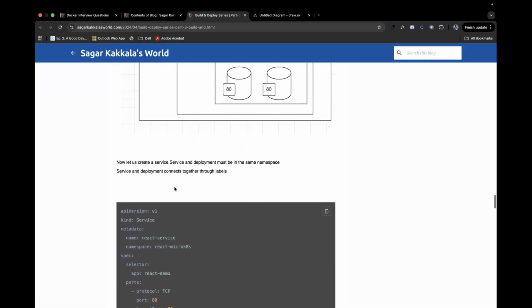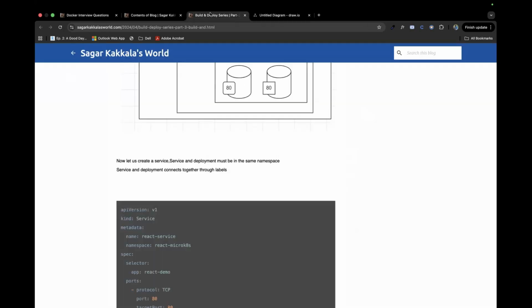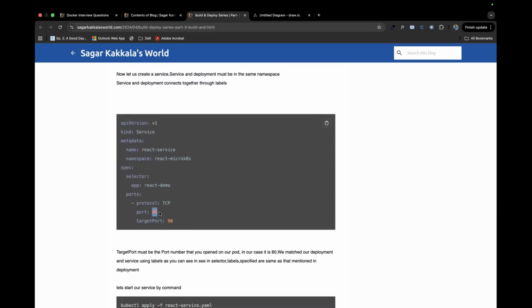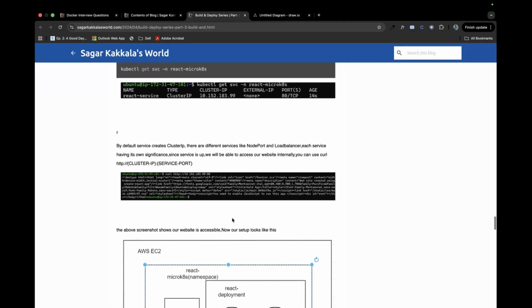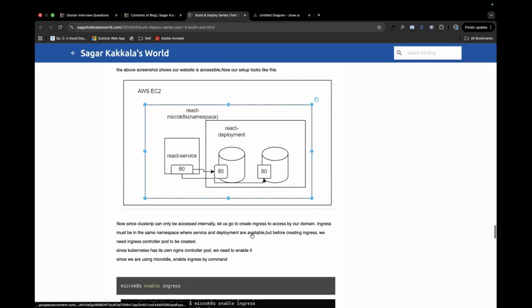So in the service, I had to tell it which port to access. In the service as well, I had given something called port 80. I gave the service port as 80 and I'm telling the service to target port 80, so this would be the container port. Here, if I give this file, the React service is the file. So here a service is created, and for the service the port is 80. So the user would be accessing the service IP colon 80 to access our replication, and this redirects to the pod IP colon 80 every time, keeping our replication up.